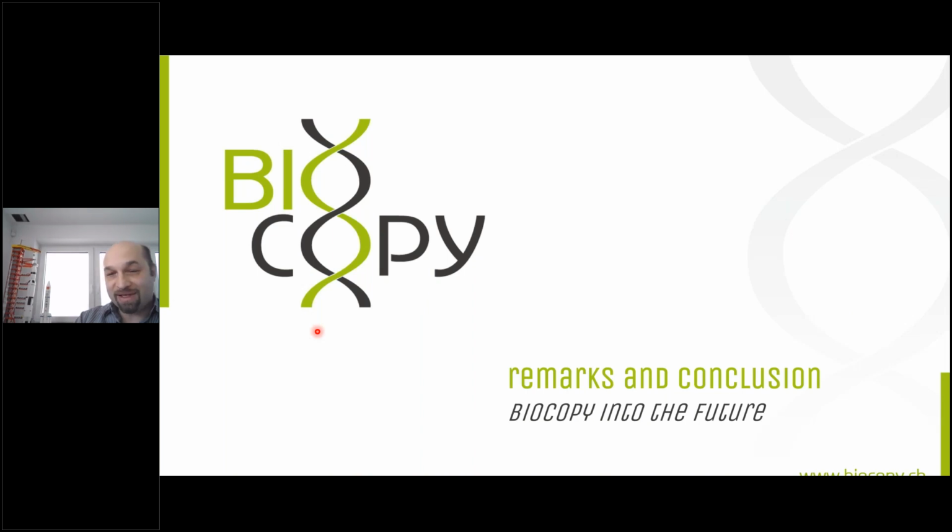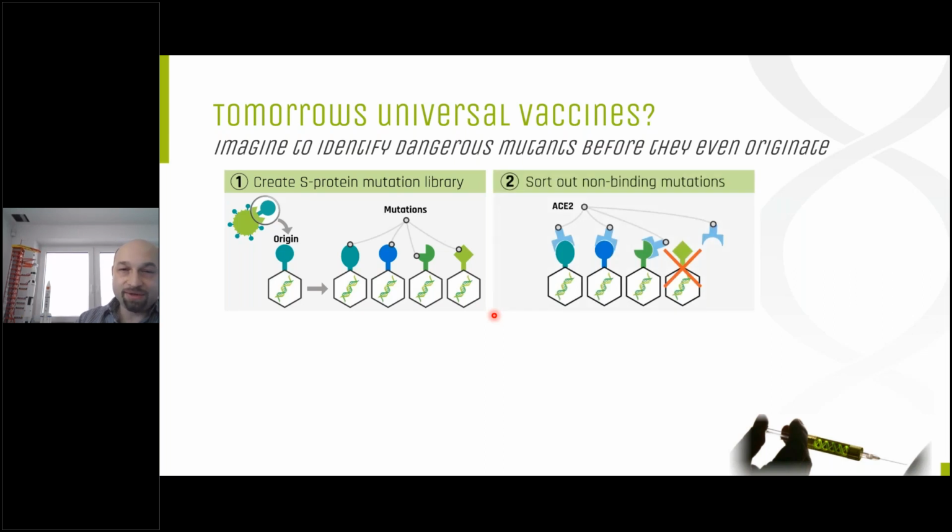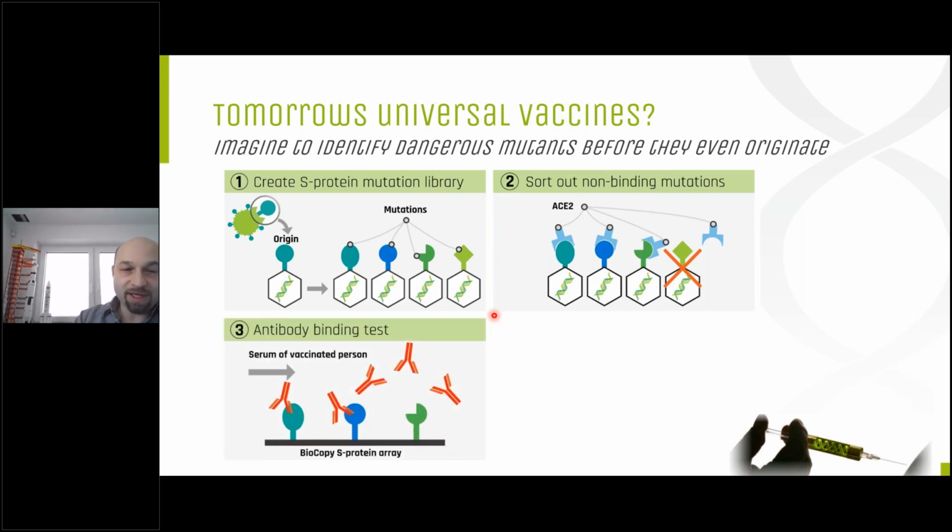And some remarks and conclusion at the end. Where would we position BioCopy, and how would we go into the future? Basically, our idea is not only to stay at the mutants which already exist at the moment, but to make some kind of display or library, phage display or ribosome display, basically to sort out all those which don't bind to ACE2. So we know every mutant which is potentially binding and therefore potentially infectious, and use our copier at the end